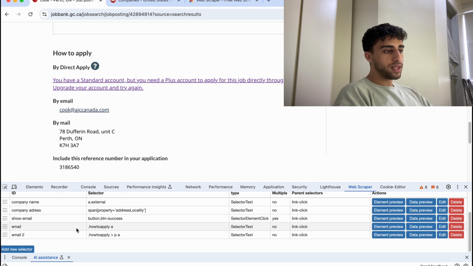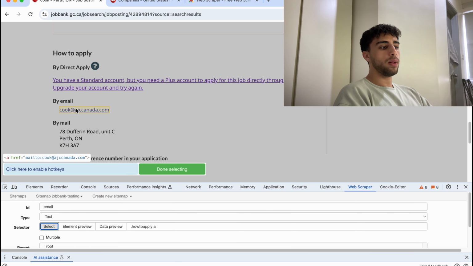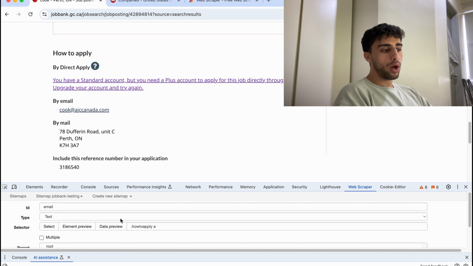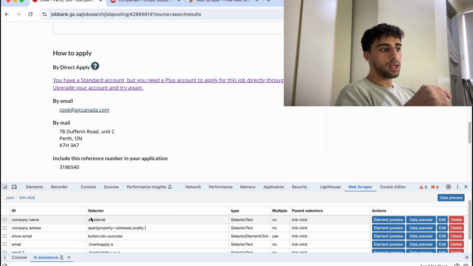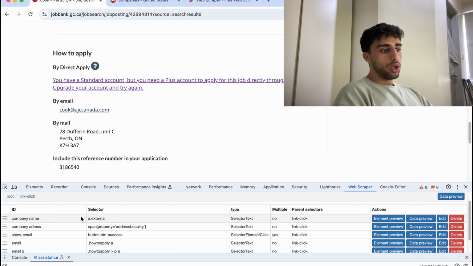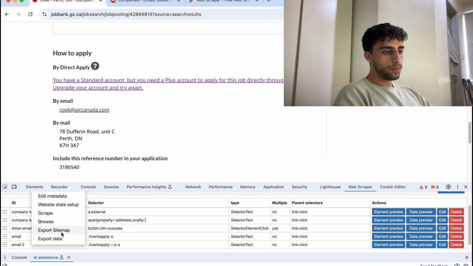So for email 1, basically, I went into this, I clicked on select, I just selected where the email was, right? And then I went on a different page, and I did the same thing, but at a different position. So now when you go into Scrape,